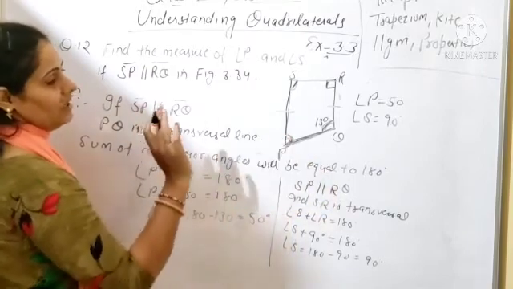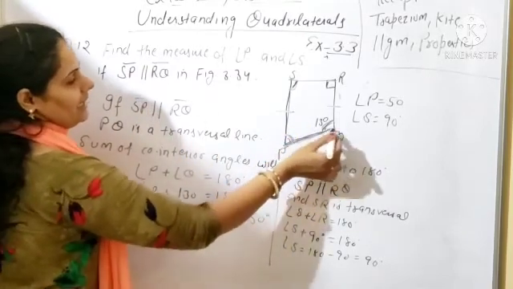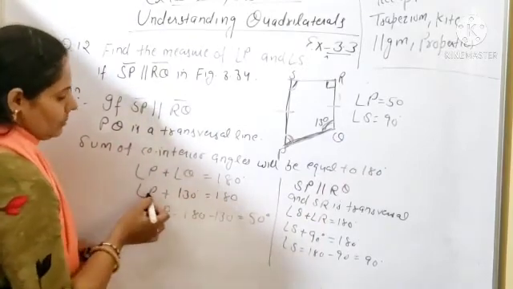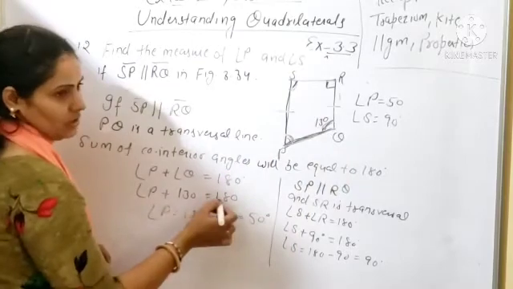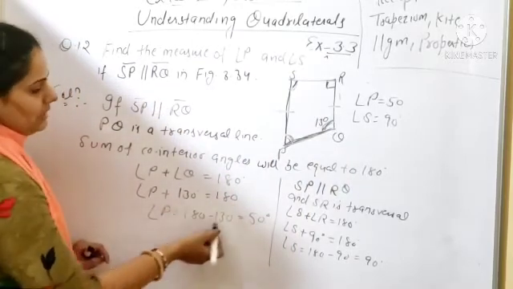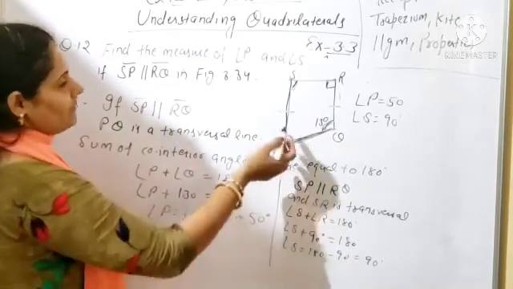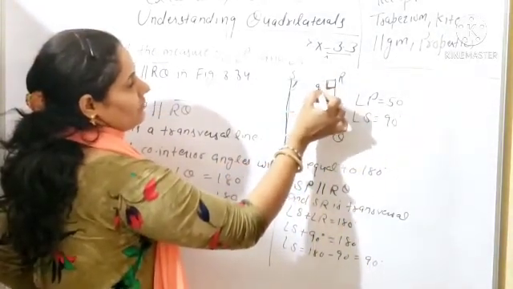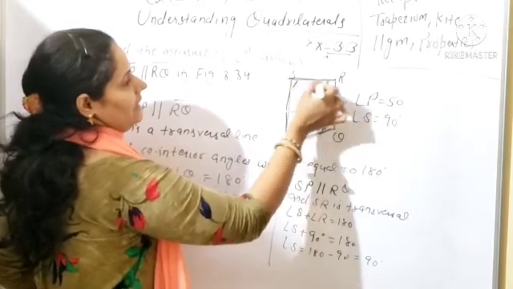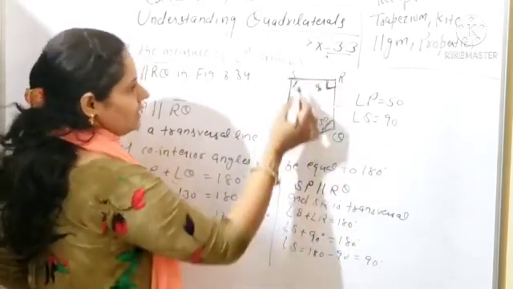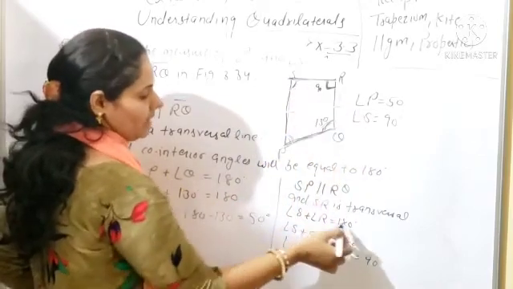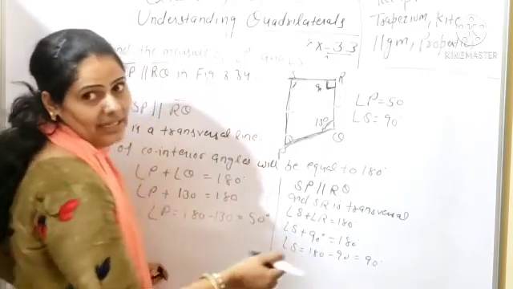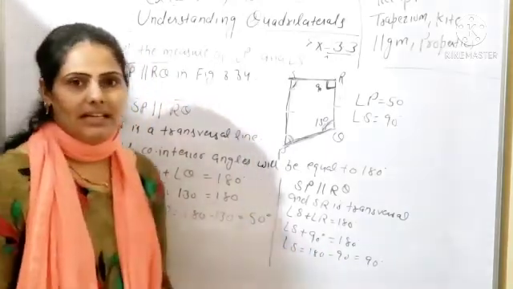Co-interior means on one side and interior angles. So this one angle and this one angle are the co-interior angles. So P plus Q is equal to 180. So P plus Q, Q given as 130, is equal to 180. So what will be the measure of angle P? You can say it will be 50 degree. Same after that, here this one angle is given, a right angle. Okay, this is a right angle. So you will take this transversal line SR. So on this transversal line, you can say sum of co-interior angles S and R will be equal to 180 degree. If R is 90 degree, so what will be S? 180 minus 90, so it will be equal to 90.